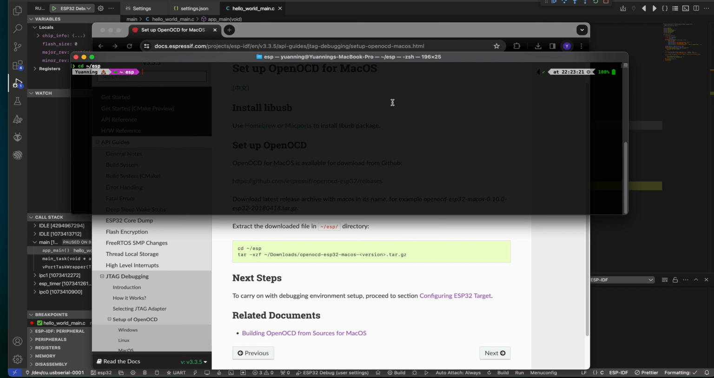Here's what you can do. We'll just go to ls and go to Downloads and grab the openocd file. It will find the match of the file name, and then just copy this and replace this right here. Then after that, we will set up things